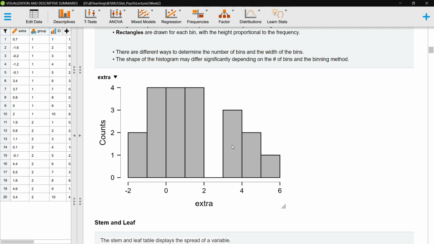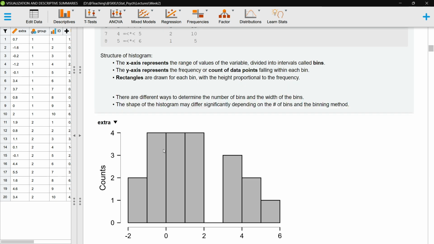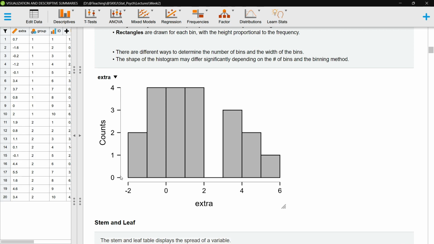Okay, and this is the plot of the histogram. We see we have 8 interval bins, and actually 7 bars, with no gaps between the bars. So this is the main difference between the histogram and the bar graph of the frequency table. The histogram has no gaps between the bars to represent the continuous characteristics of the quantitative variable, right? And we see the x-axis and y-axis and the rectangular shape of the bars.